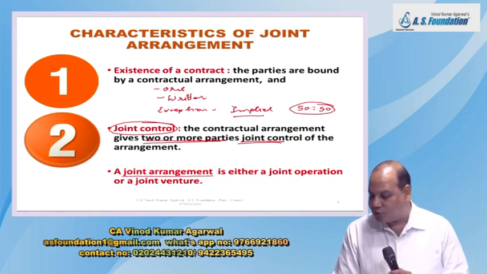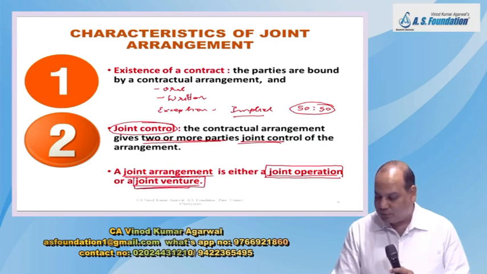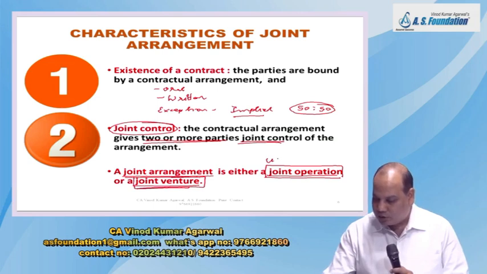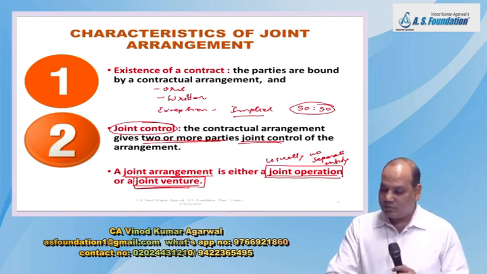What are the forms of joint arrangement? Joint arrangement can be a joint operation or a joint venture. So this standard defines two types of joint arrangement. Joint operation. In joint arrangement, usually no separate entity is created, usually. But there can be situation when there is a separate entity, but still it is a